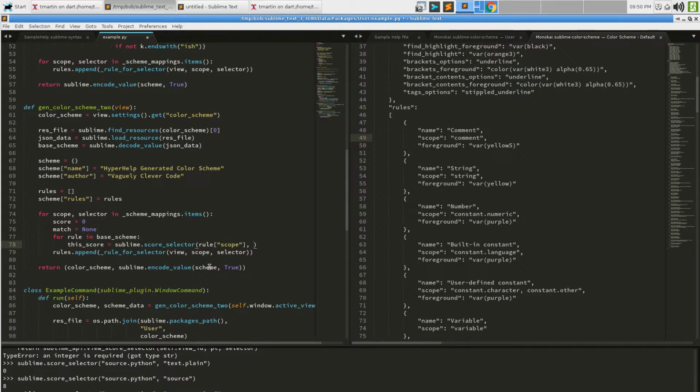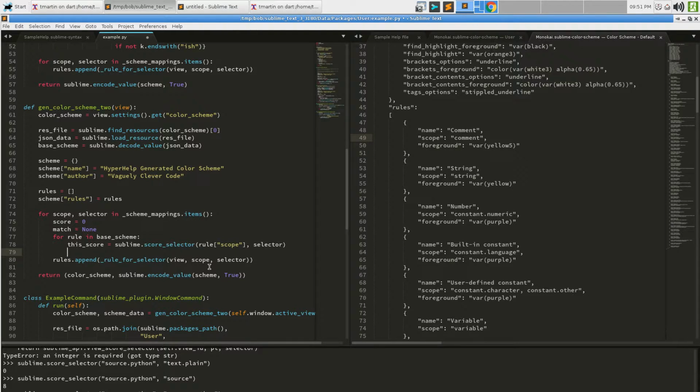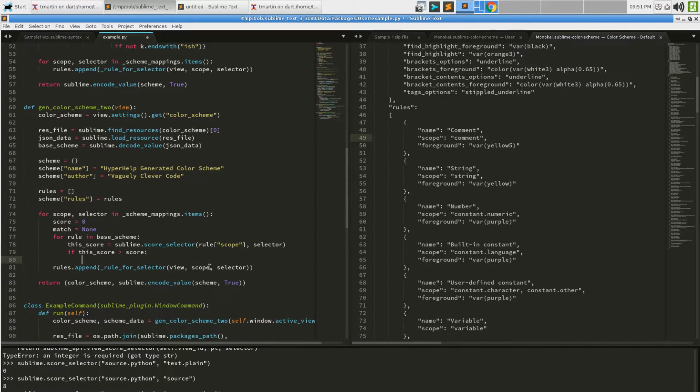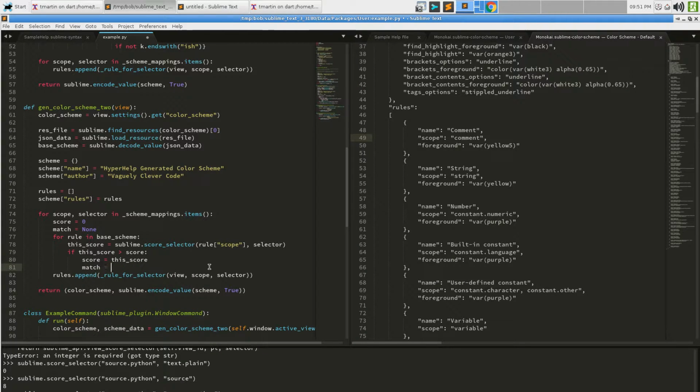And the value of the selector that we're matching with is literally selector, is that. Now we say if this score is greater than score, then score is equal to this score, and match is equal to rule.